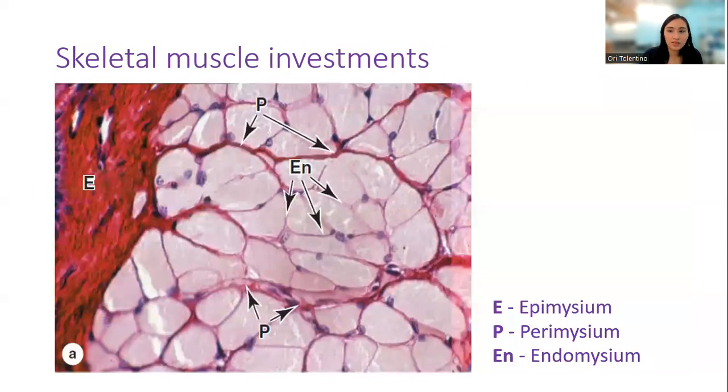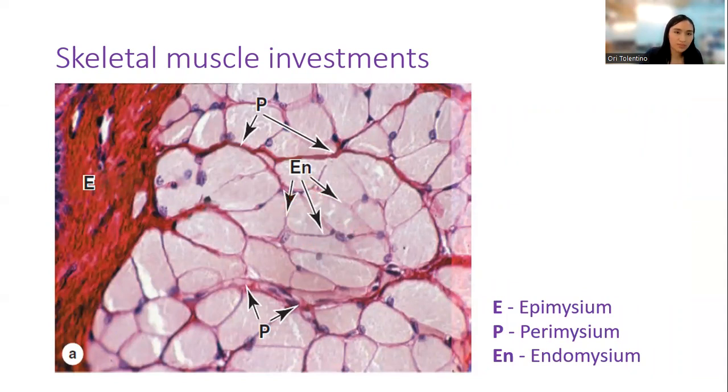Again, epimysium right here, the outermost covering, is a dense connective tissue that surrounds your entire muscle. Your perimysium right here, also dense connective tissue but thinner, surrounds a group of your muscle fibers. This is one muscle fiber, one muscle fiber, one muscle fiber. This group of muscle fibers surrounded by your perimysium is called your fascicle, and this is one muscle fiber, surrounded by the endomysium.